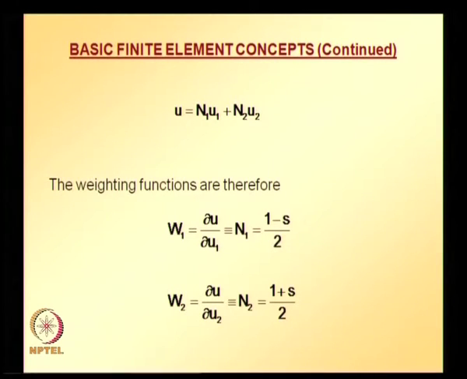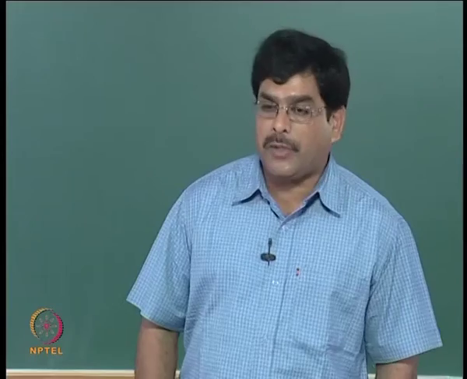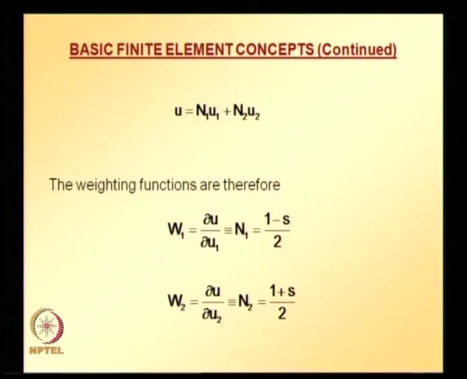In the beginning of the last lecture I mentioned that the weight function in the finite element method, for Galerkin based finite element method, is the same as the shape function, because the weight function for Galerkin based methods is defined as the partial derivative of u with respect to the unknown coefficient. So, it is the partial derivative of u with respect to a1 earlier. Now, the coefficients a0 a1 are replaced with u1 u2. So, the weight functions now become the partial derivative of u with respect to the nodal coefficients, that is u1 u2. So, the weight function becomes the same as the shape functions. So, these are the two weighting functions for a 2 node element,